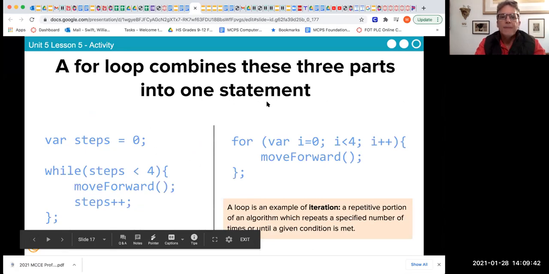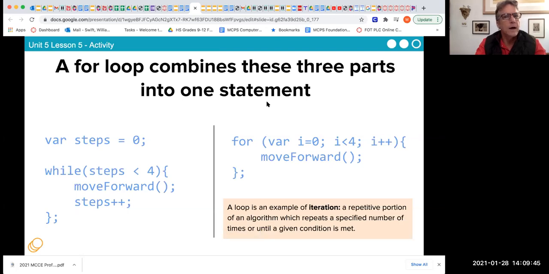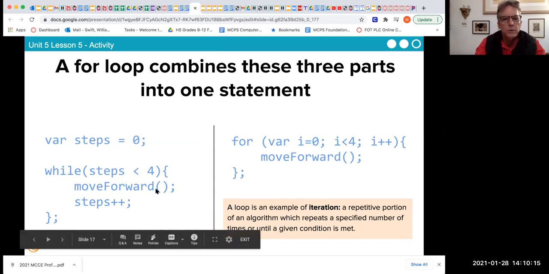Okay, a for loop. Now this is new. This is not a while loop. This is a for loop, but it does the exact same thing. A for loop combines these 3 parts of the while loop into 1 statement. Basically, a for loop is shorthand for a while loop. A while loop is very long and has a lot of pieces, right? var steps = 0; while (steps < 4) { moveForward(); steps++; }